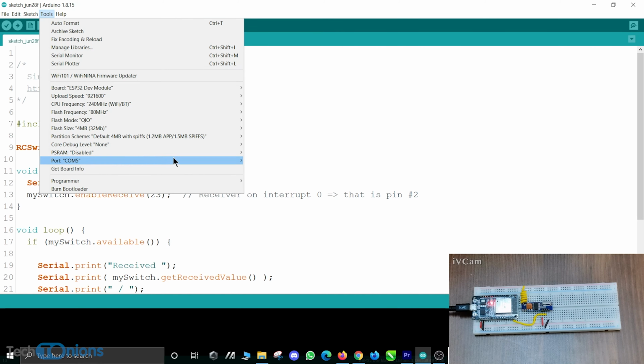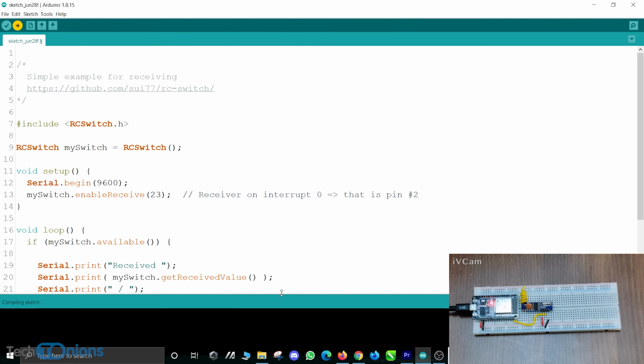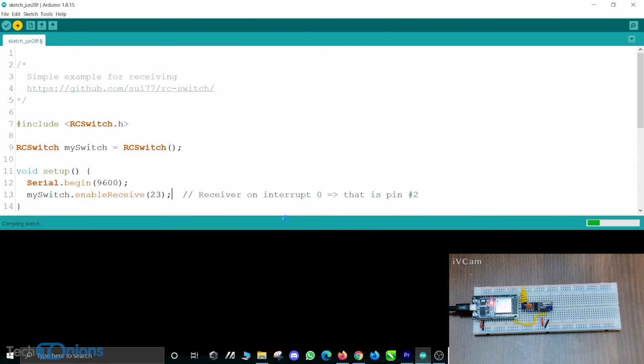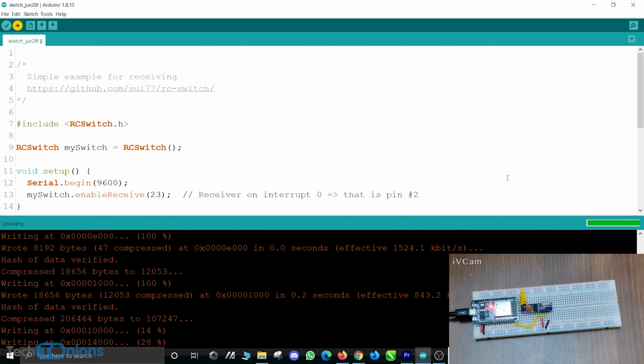It's detected on COM port 5, and the rest of the settings are default. And now pressing the upload button. My ESP needs a little press on the boot key in order to upload the code. Yeah, it started uploading.